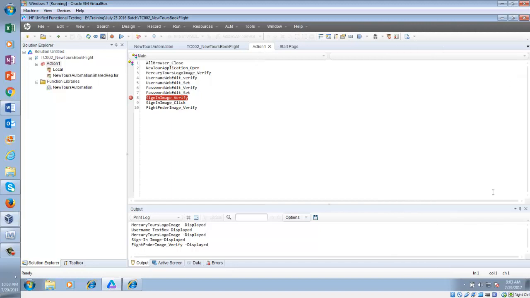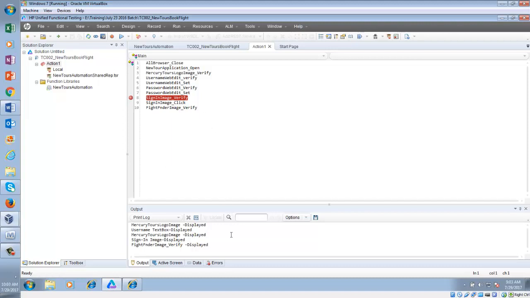Is it the same now? There is a different version, that's why. Yeah, okay. You have an upgraded version. In mine I have an older version.